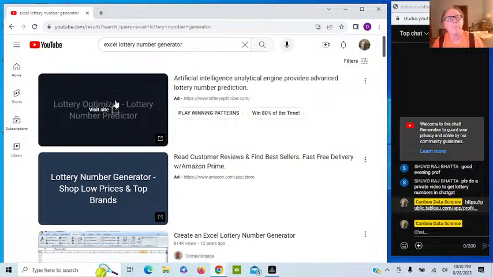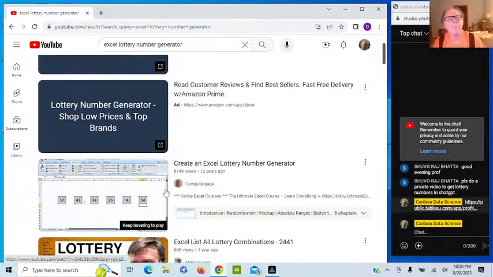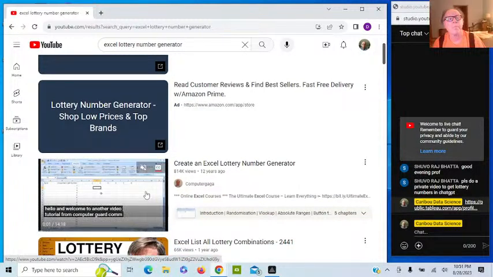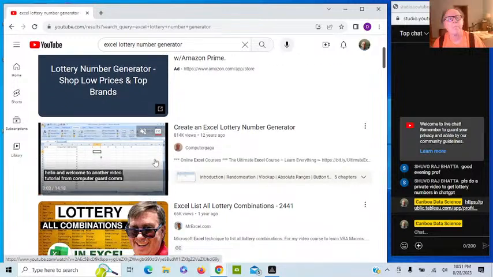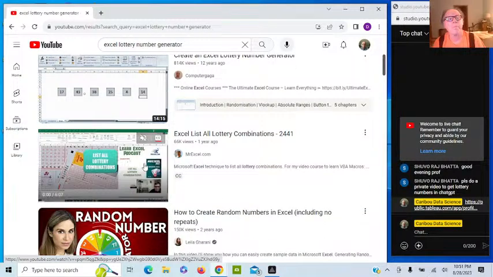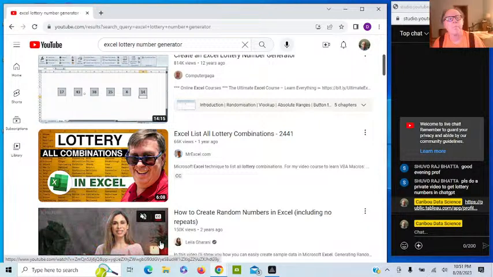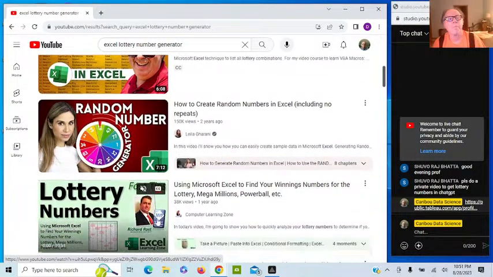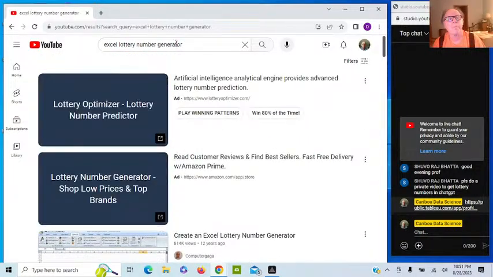You could watch something like this, right? That's an ad. Create an Excel lottery generator. Alright. Excel lists all lottery combinations. Now, that sounds kind of nasty. You see, the thing is actually what you're doing is